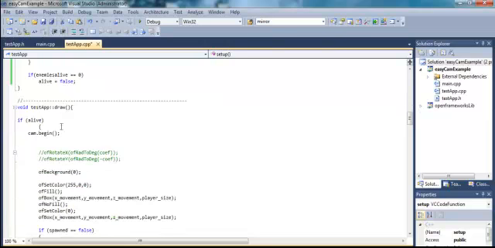So in our draw function we start off with an if, saying if you are alive it should draw these. We then have cam.begin, where the cam.begin and the cam.end are used to separate the piece of code that should be in the camera coordinate system instead of the window coordinate system, which means it is in the 3D space when it's inside these, otherwise it's just in the 2D window